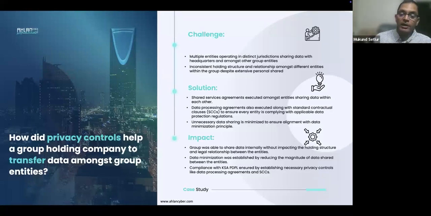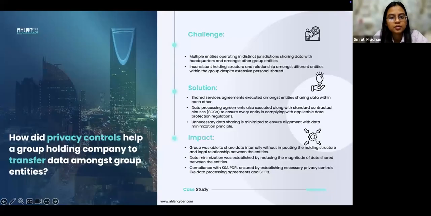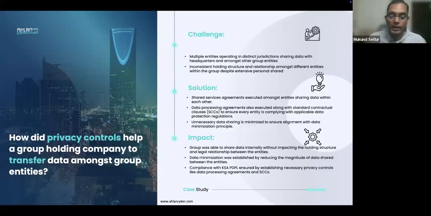Smriti, can you just go to the next polling question? Let's look at the next polling question. Okay. So I think we have no more polling questions, but if there are any questions, you can ask one, but it's fine.